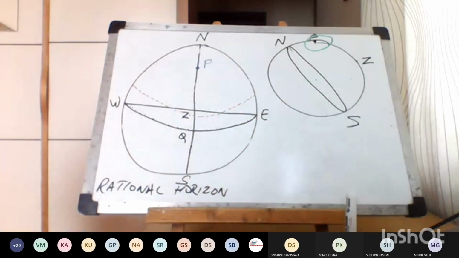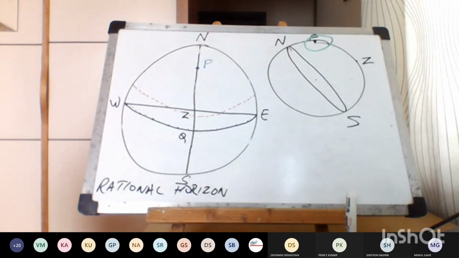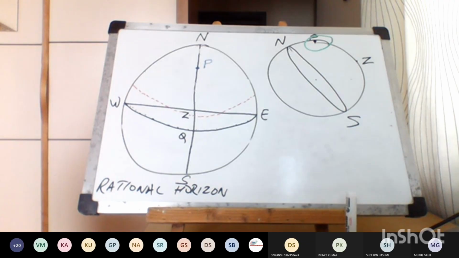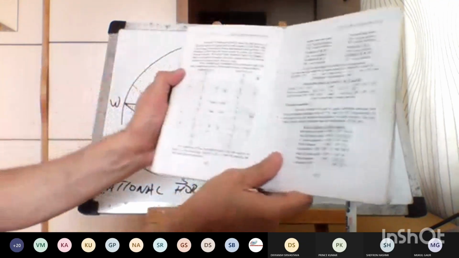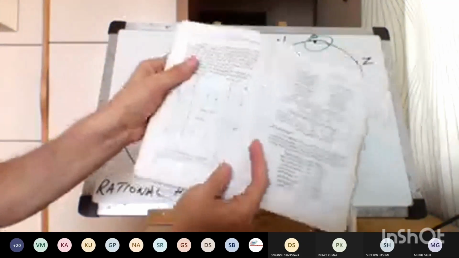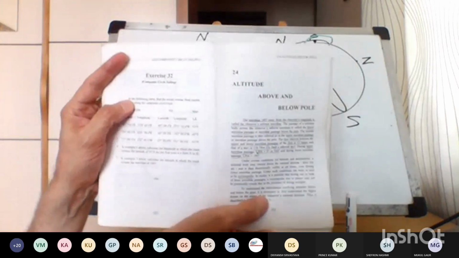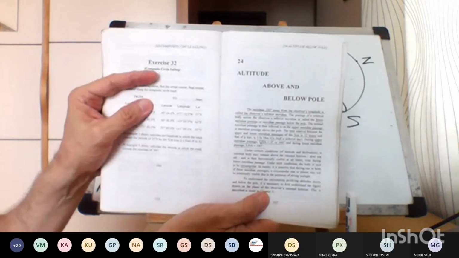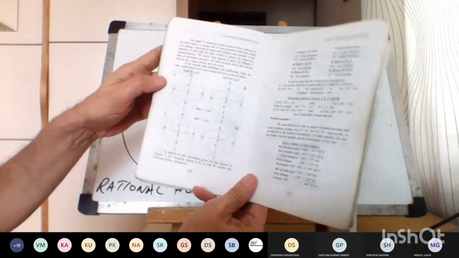और उसके बाद there are 2 more drawings. वो GHI तक था ना ये वाला, ये था GHI तक. उसके बाद मेरी बुक में पेज 214 चैप्टर ये है ऑल्टीट्यूड अबव एंड बिलो द पोल. सुब्रमण्यम का बुक, कैन यू सी दिस पेज? Yes, sir. ऑल्टीट्यूड अबव एंड बिलो द पोल, इस बुक में पेज 214, 215 है. इसमें कंटिन्यूटी है उन डायग्राम का,